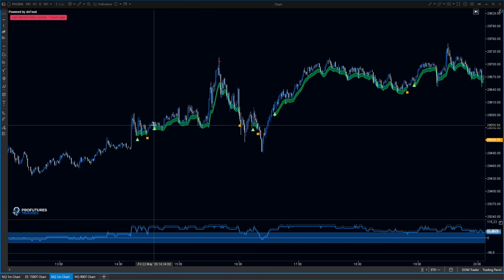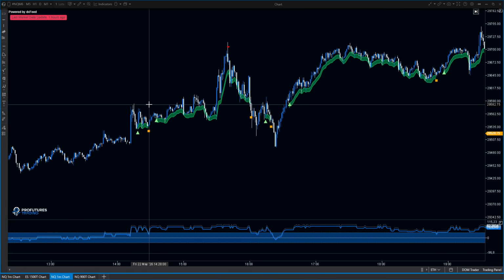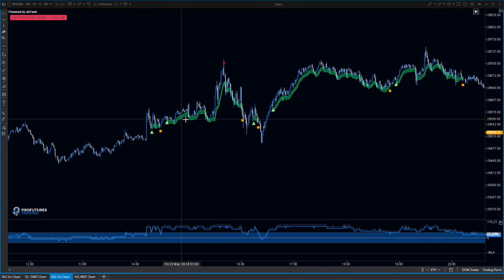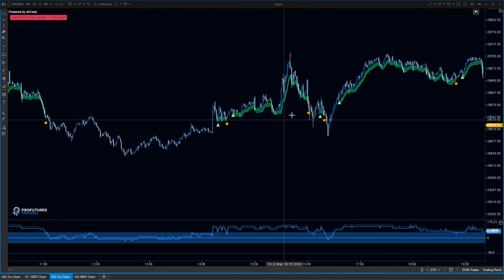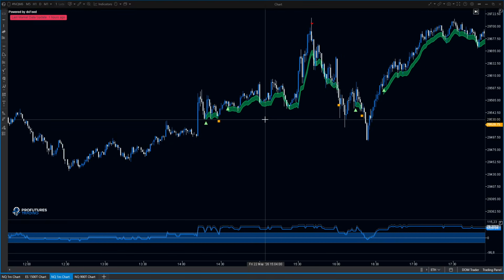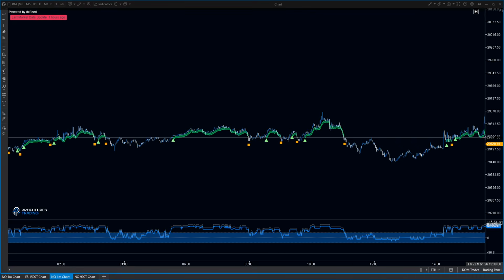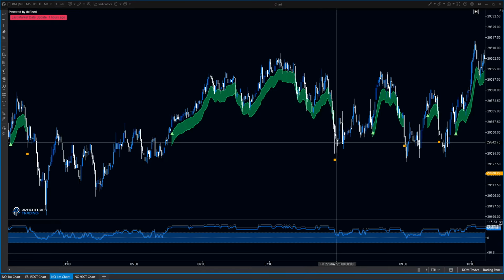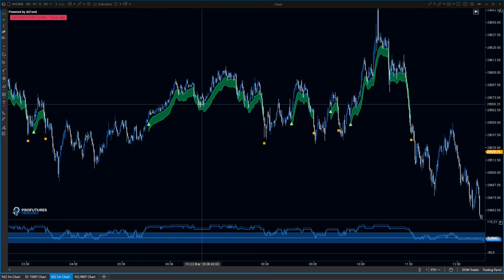So they don't appear randomly, but of course I don't have to tell you how these markers appear. You will maybe find it out eventually, but I have to secure my brand as well and the indicator. So that's why I'm not trying to tell you on when these markers appear or disappear. As you can see, it gives you a green marker and then an orange box and also a green channel